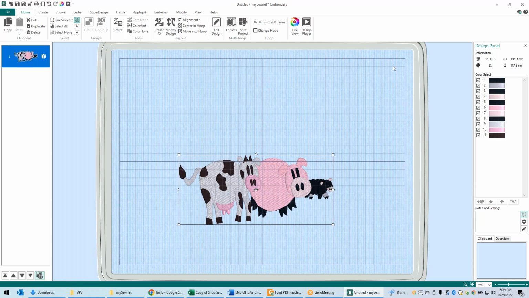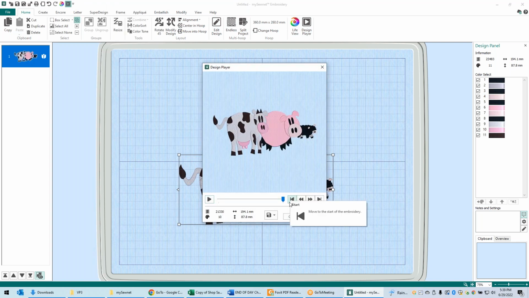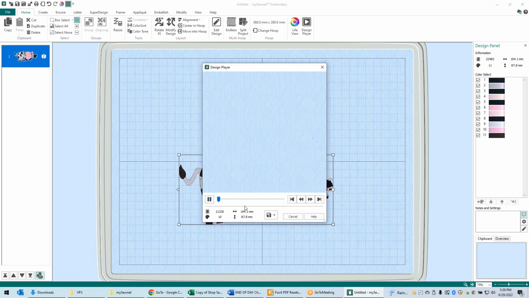All right, so we've done that, and now I want you to go over to the design player up here on the top and click on that. What I want you to watch for is that it automatically took out some of the overlap. So when we watch, I'm going to speed it up a little bit for stitch out. Speed, faster, faster, faster. And I want you to notice